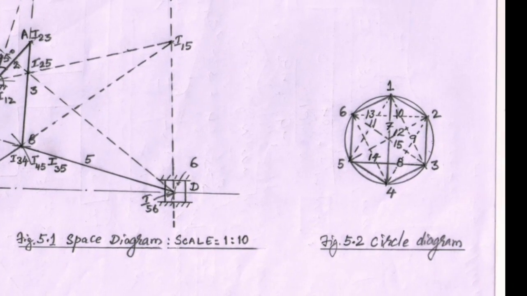In the circle diagram, very clearly I have written instantaneous center number 9. Number 9 means I am talking about instantaneous center 2,4. When you want to get 2,4, you have to take 2 triangles. I have taken 2,3,4 as one triangle and 1,2,4 as one more triangle. They have the common side 2,4. That is what I have written as instantaneous center number 9. So 2,4 you will get by joining 2 lines.